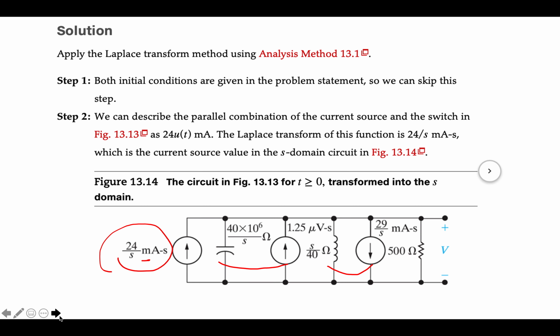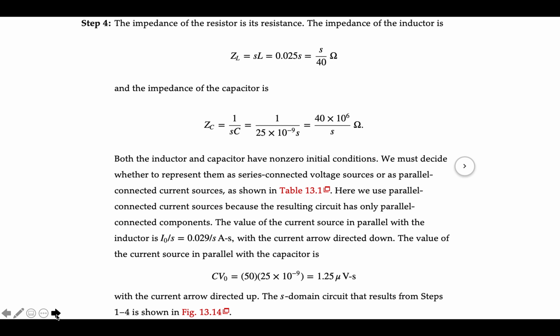Okay, so I'll go ahead and show this slide so that you can see step by step what they did. Here's the calculation of the inductive impedance. Here's the calculation of the capacitive impedance. Here is the current source in parallel with the inductor. Here is the voltage source in parallel with the capacitor. Once again, you can get these formulas from the table that shows the different circuit arrangements,